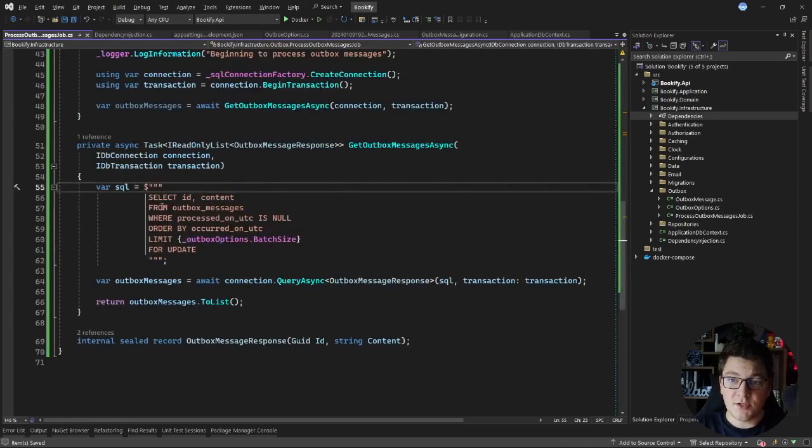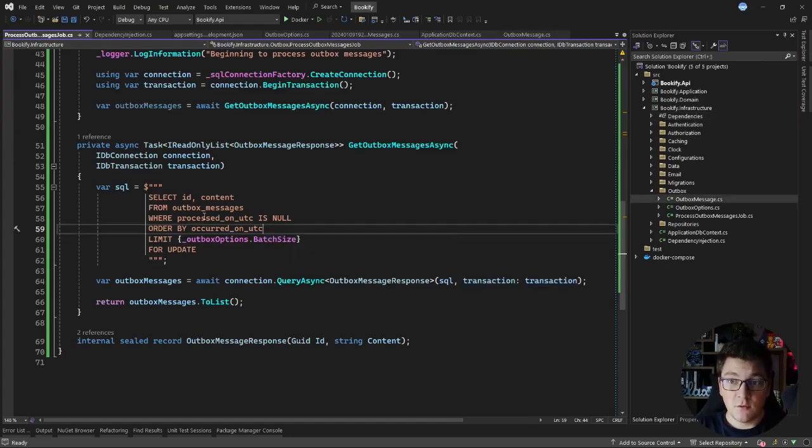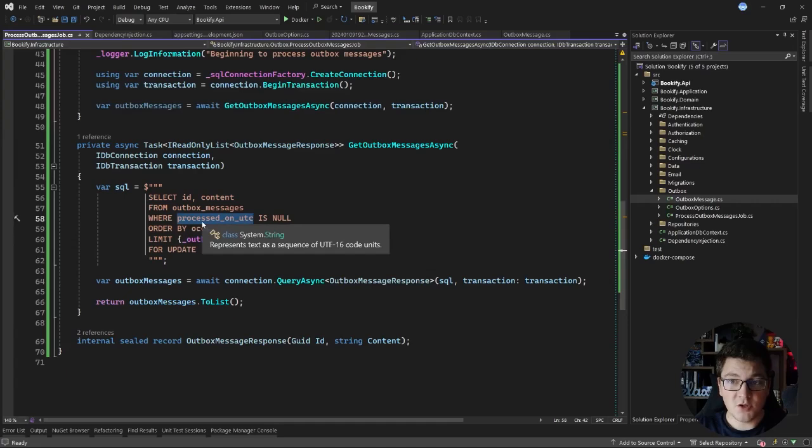What's interesting about this method is that I'm using a SELECT FOR UPDATE query, which is going to lock any rows that are queried as part of a database transaction until we commit that transaction. This means that if there are competing transactions or multiple instances of your background job running, these rows will be locked and the concurrent instances of the ProcessOutboxMessages jobs won't be able to read those rows, which is really useful because you only want to process your Outbox messages once,